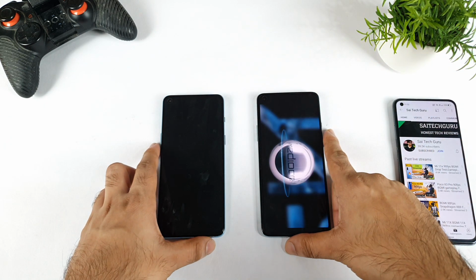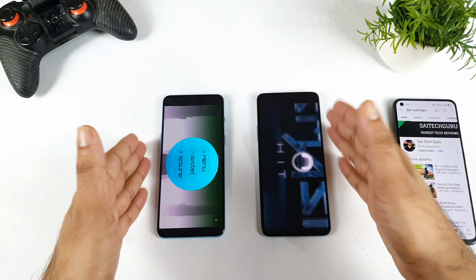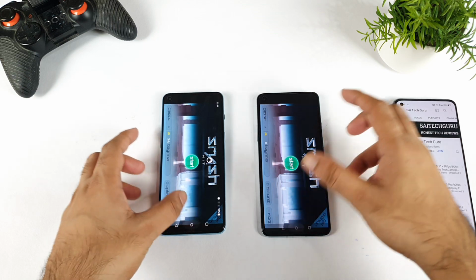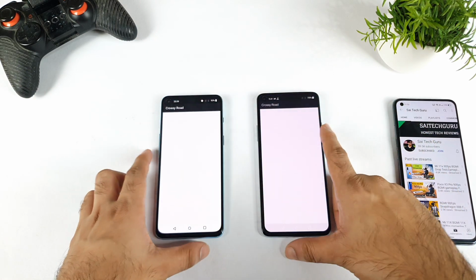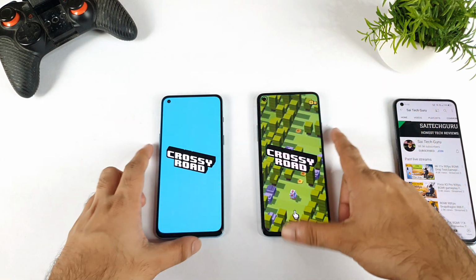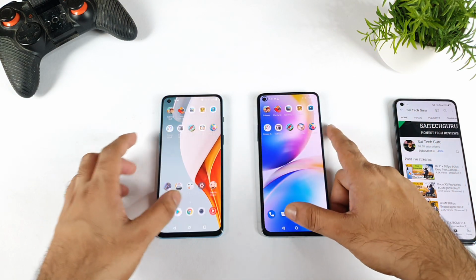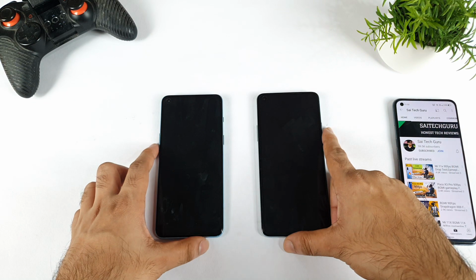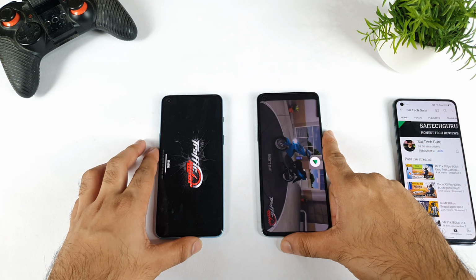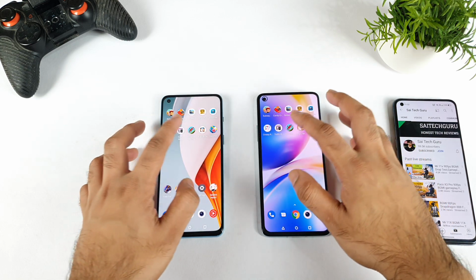It's so sad that the Oxygen UI will be immediately switching over to ColorOS. That's another very sad part to know, because the Oxygen UI is really good in RAM management and everything. That's pure stock Android without bloatware, nothing at all. But that's another disappointing thing. So let's see what happens next.